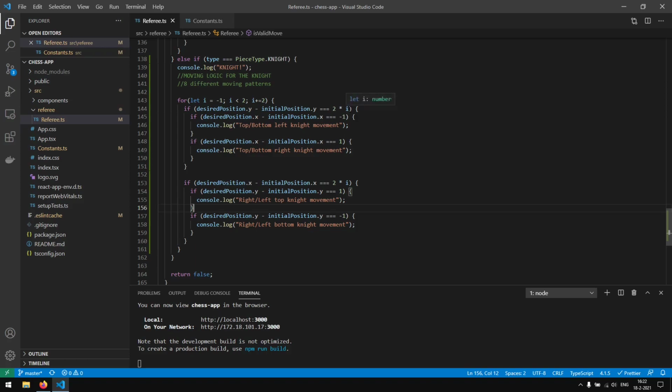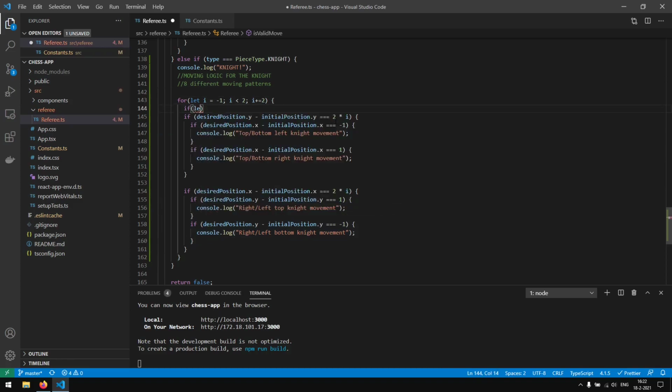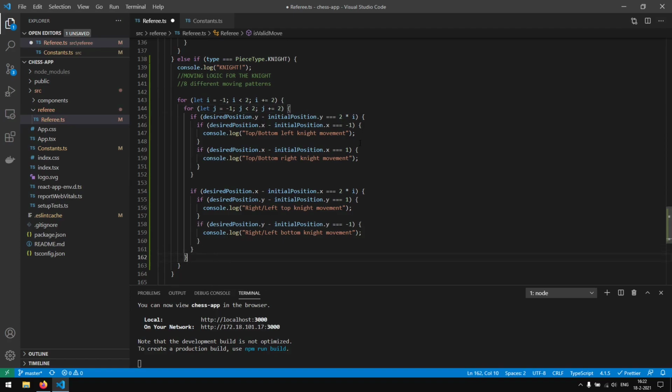And just as we made a variable for the top and the bottom and the left and the right, we can also create a variable for the left and the right side of the top and the bottom, and the top and the bottom inside of the left and the right, if that makes any sense. We're going to say for let j is -1, j is smaller than 2, j plus is 2, and we're going to wrap this inside of there. And then right here, we can remove this